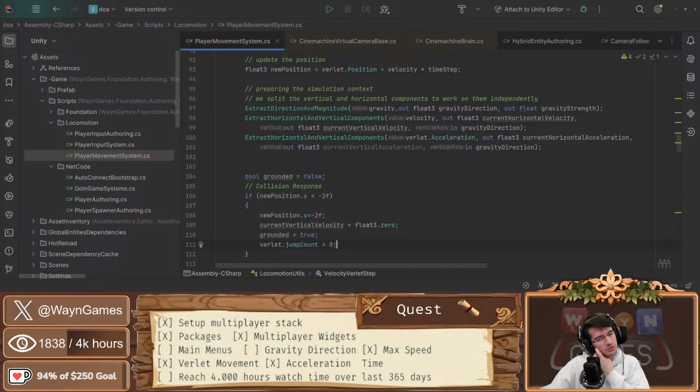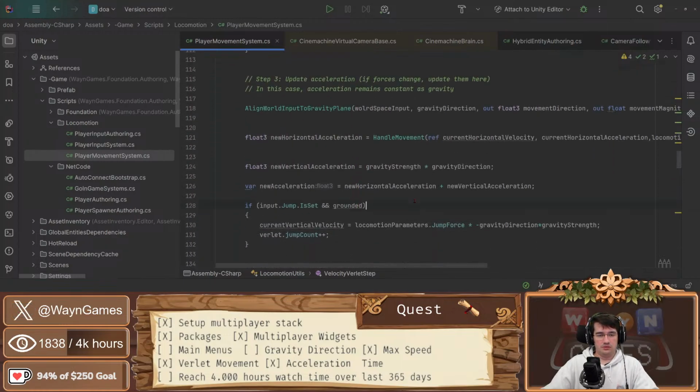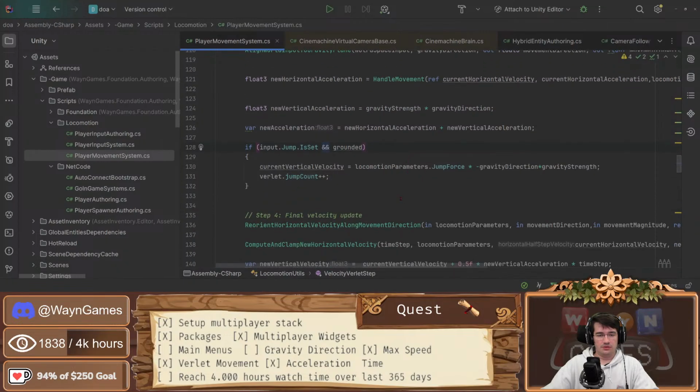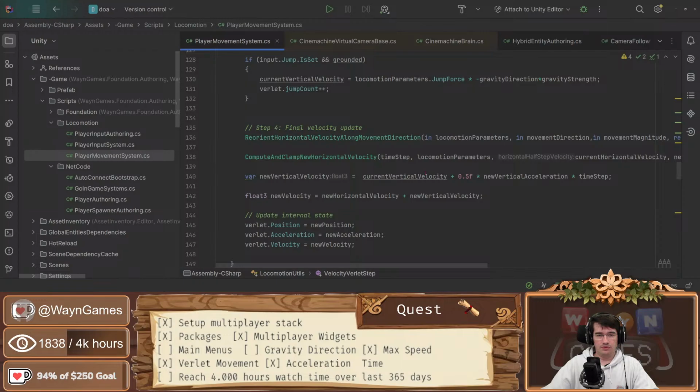So that should let me know if I'm jumping by combining the fact that I'm grounded and I have a jump count above 0. So to make the difference between jumping and falling,